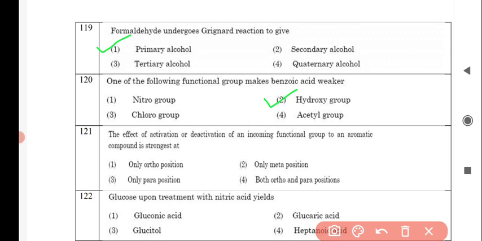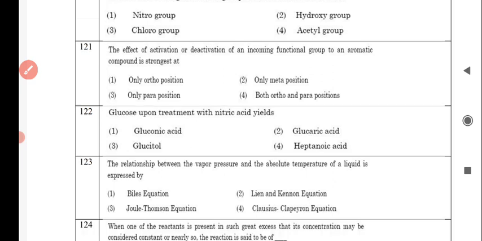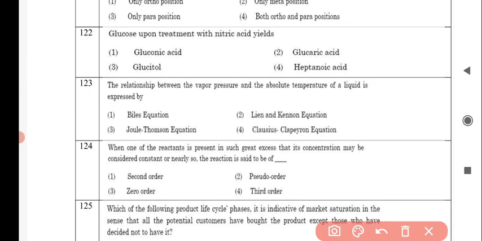Next question is, the effect of activation or deactivation of an incoming functional group to an aromatic compound is strongest at, and the correct answer is option number 4, both ortho and para positions. Next question is, glucose upon treatment with nitric acid yields, and the correct answer is option number 2, that is glucaric acid. Next question is, the relationship between the vapor pressure and the absolute temperature of a liquid is expressed by, and the correct answer is option number 4,